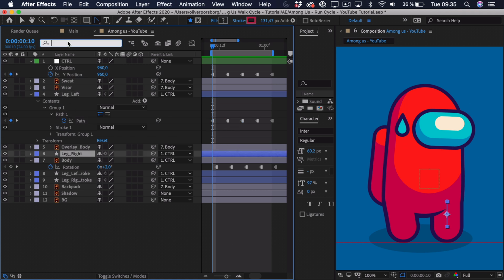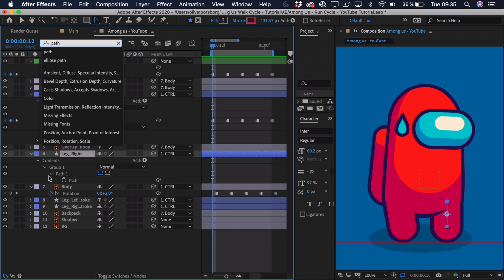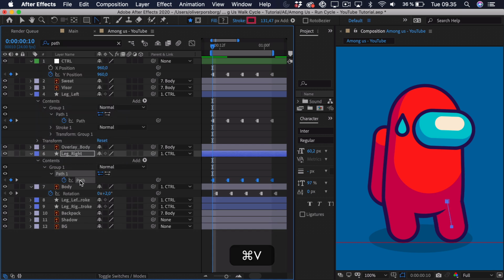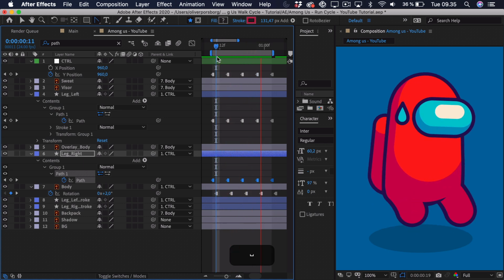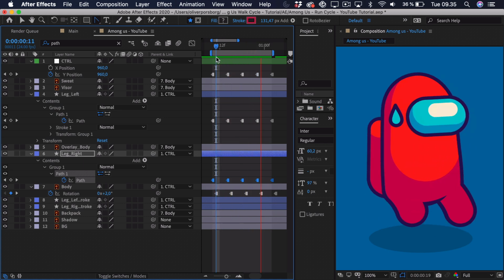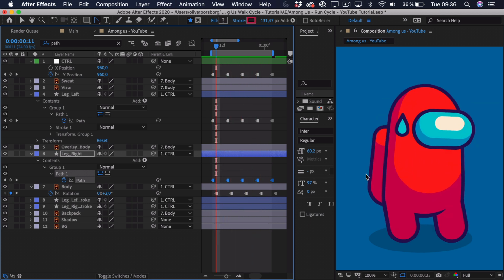Then go to the right leg and find the path. Then we can paste it onto that path. And you can see that we have the same animation on both legs. And this looks sort of like a horse, I would say. This could also work out. It looks quite silly, to be honest, and we just want to adjust it so they are offset from each